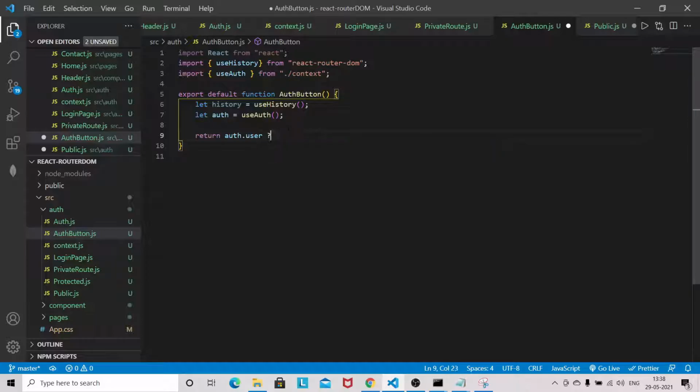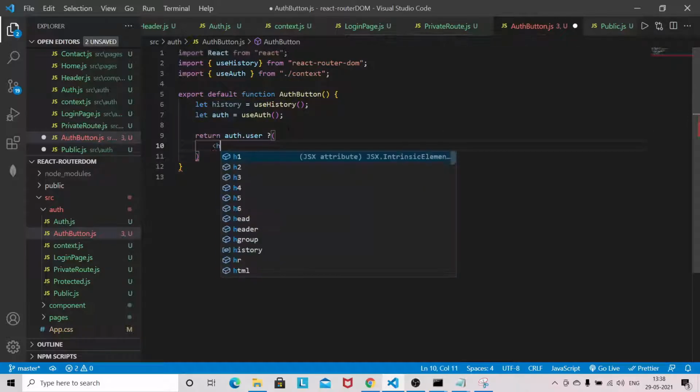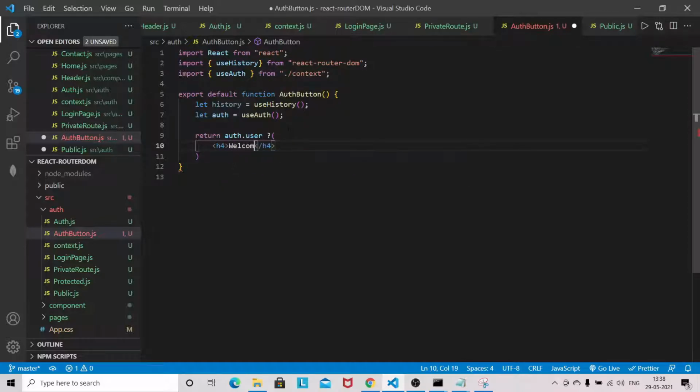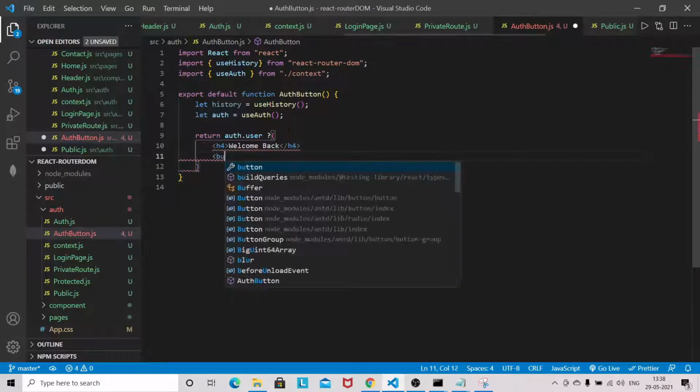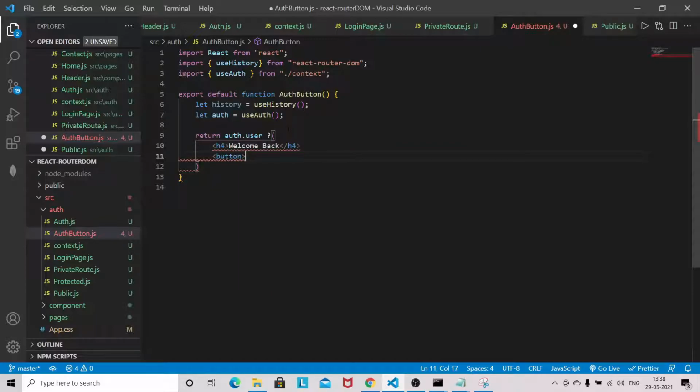Now we'll be returning, if user is authorized, we can welcome that user. So welcome back, and we can have one button like on click.